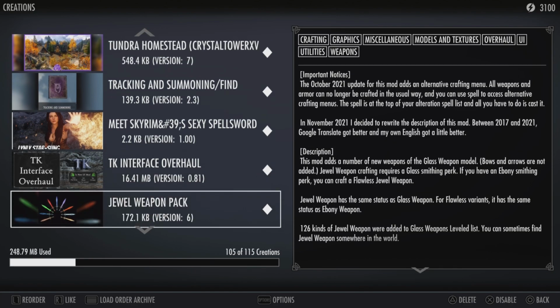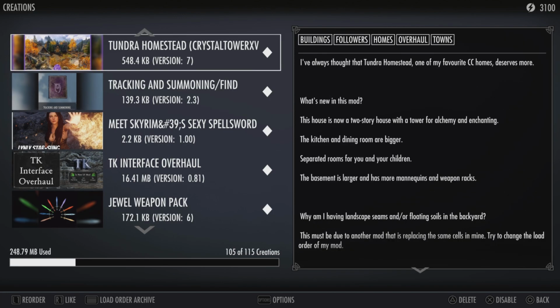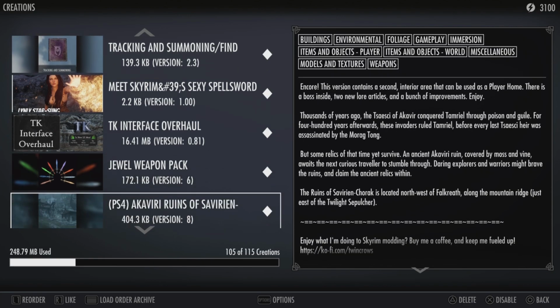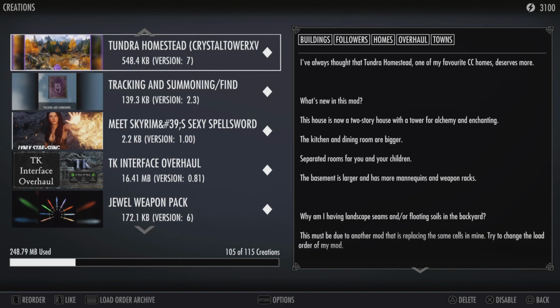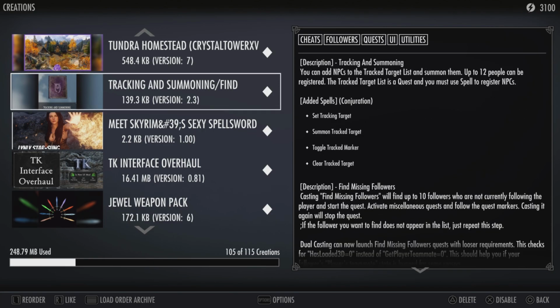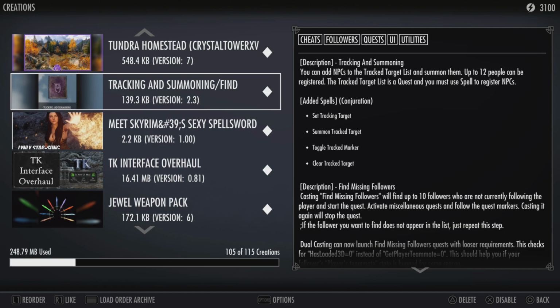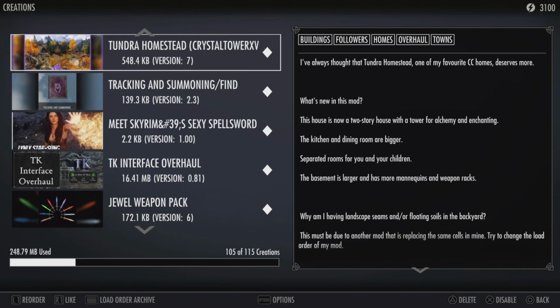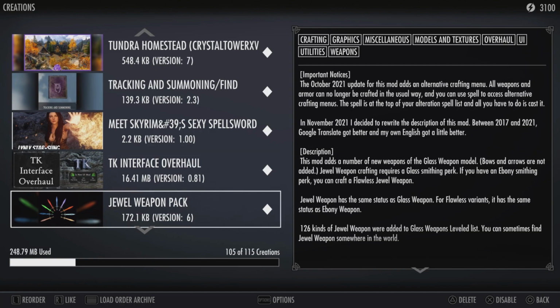Nor the Jewel Weapon Pack. The reason why I haven't saved these is because I wasn't for sure. These four I haven't saved because I wasn't for sure how they were going to make my game react, if they were going to crash my game, this, that, or the other. So I never saved them. That one I did save. But this one, the Tundra Homestead, tracking and summoning, T-Gate interface overhaul, the Jewel Weapons Pack, the Hedrahim, you're supposed to be added,